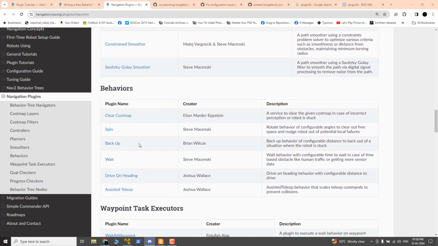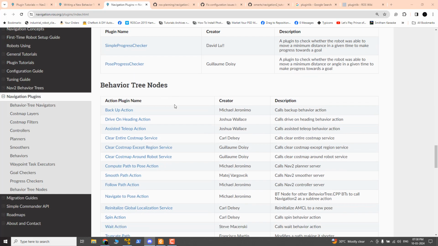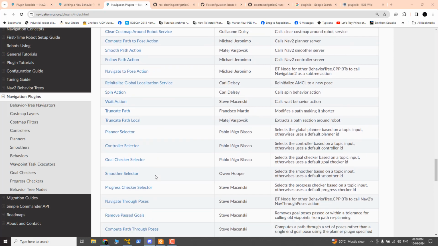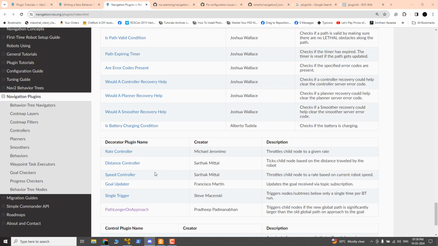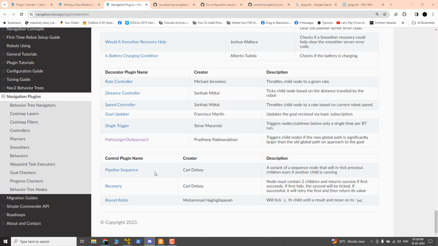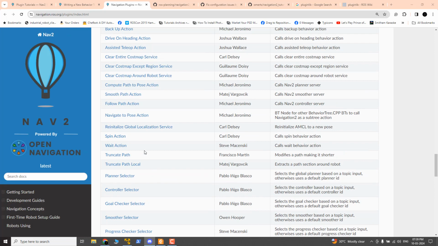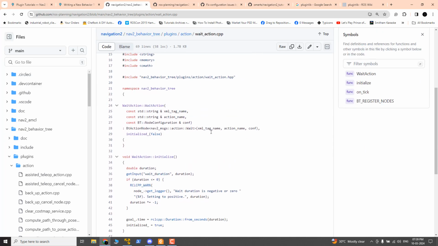Then these are different kinds of behaviors. So this is the behavior tree plugins. You can find a list of plugins. This is the wait action that is mentioned in the tutorial. So simply you can see